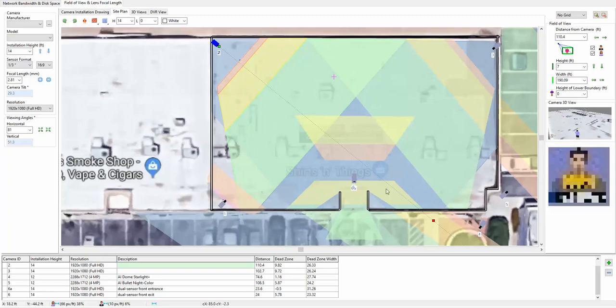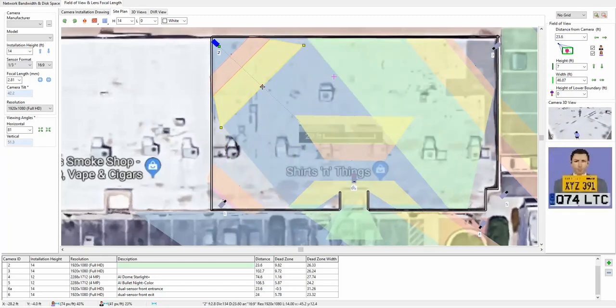So this is an example of a 2 megapixel camera and what you can expect to see. Let's start with the closer you get to the camera, and again this is at 14 feet high, the closer that you want to see, the higher pixel density you'll get. So you can identify unknown people here. You don't necessarily need to identify unknown people, because if people are coming in through this area here, they're already going to get identified. This one has an angle of 81 degrees,